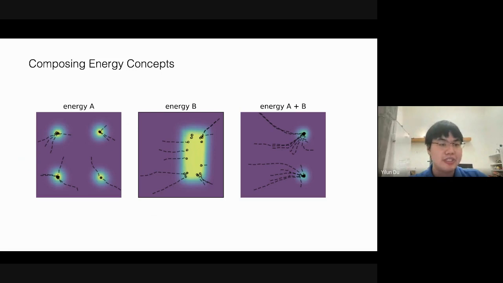So here's another illustration of this idea. Imagine that my first energy function, which I learned at an earlier point in time, captures the 4 corners of a square. And a second energy function I've learned at a later point in time captures the right half of this square. By adding these two energy functions together, I can generate samples that exactly converge to the combination of these two ideas. So like these 2 points, which are low energy under both of these energy functions.